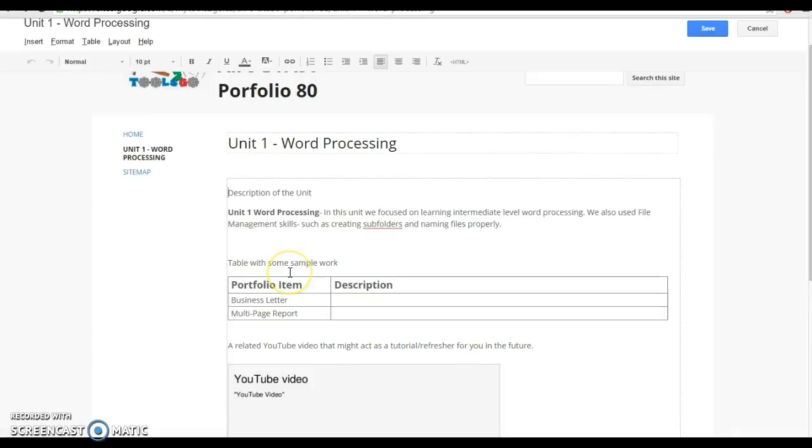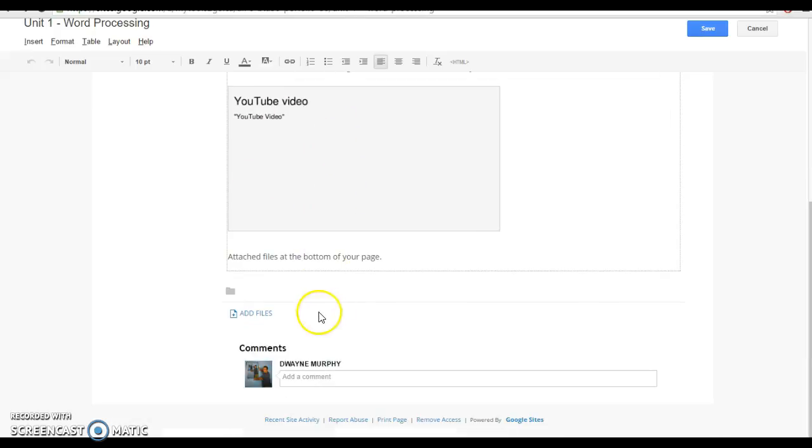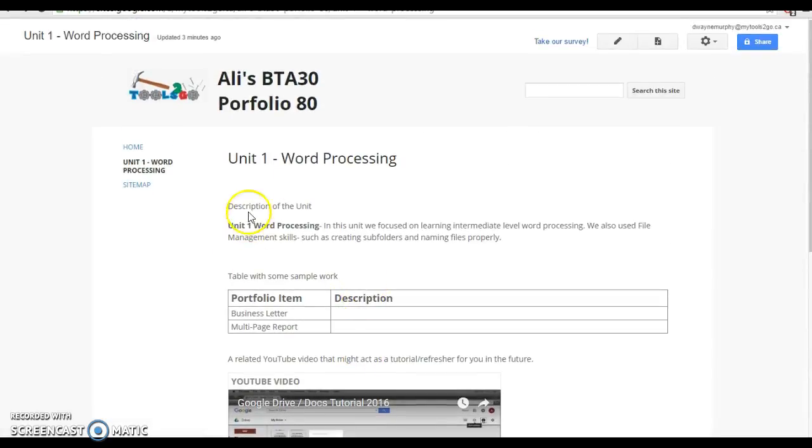Okay. So business letter, I have a portfolio item here. I have a table. I have a video. I've embedded a file here at the bottom, business letter, Bob Smith. And as we go along in the course, we can add more pages. Actually, I'd like you to add all the pages right now. So I'm at 14 minutes. I can add another page here. Let's see, it would be Unit 2, Digital Literacy. Okay,